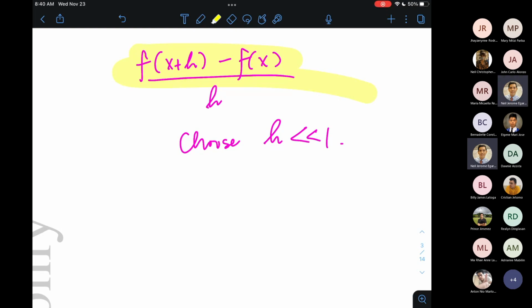Or in most instances, taking the difference of two numbers that are very close to each other is ill-posed or is ill-conditioned. So kaya kailangan maging careful tayo whenever subtracting two numbers that are very close to each other. And actually, that will always happen if we are subtracting two numbers that are close to each other and at the same time are very small. Okay, now